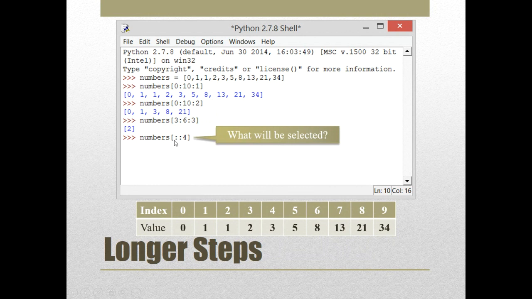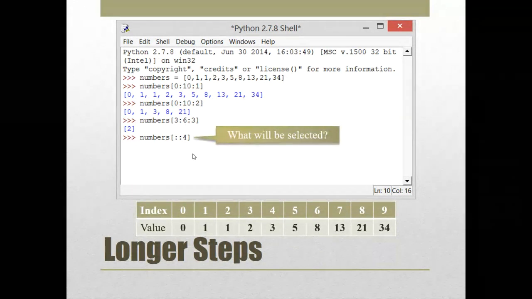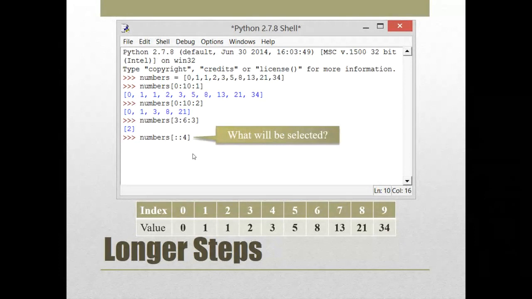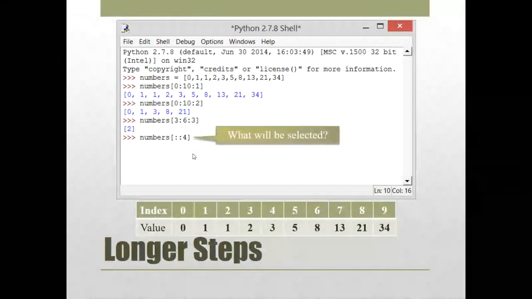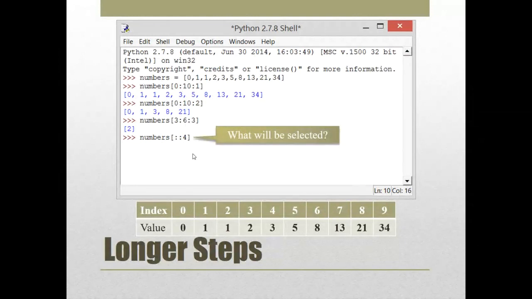And then try this one. What is this one saying really? The whole list by 4. Yep. From the beginning to the end in steps of 4. Which again, if you start the list off with 4 things, but a year later there's 4 million things. Yes. So a lot of this is being able to describe an algorithm in the most succinct way possible